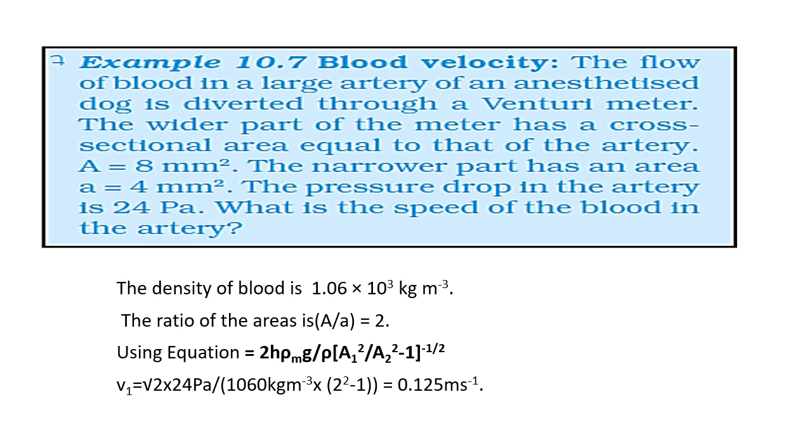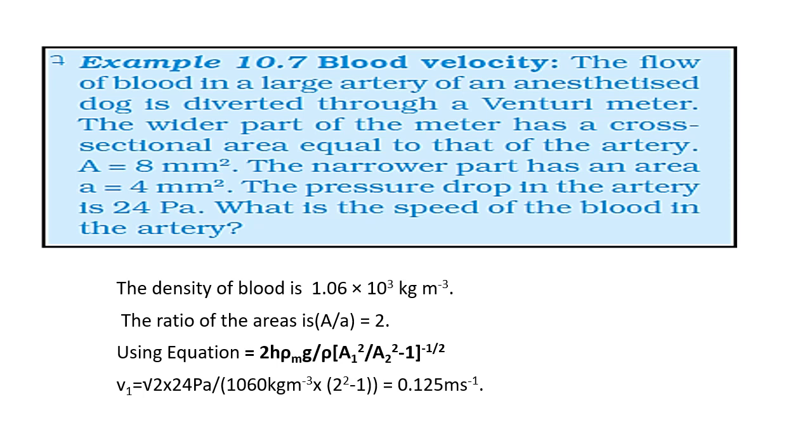You know Bernoulli's equation for horizontal flow is P1 plus half rho V1 square equals P2 plus half rho V2 square. And by using the equation of continuity, A1 V1 equals A2 V2, find out the value of V2 and put it in Bernoulli's equation. And therefore P1 minus P2 will be equal to half rho V1 square into (A square divided by small a square minus 1). This one we have already done in the derivation of the venturimeter.